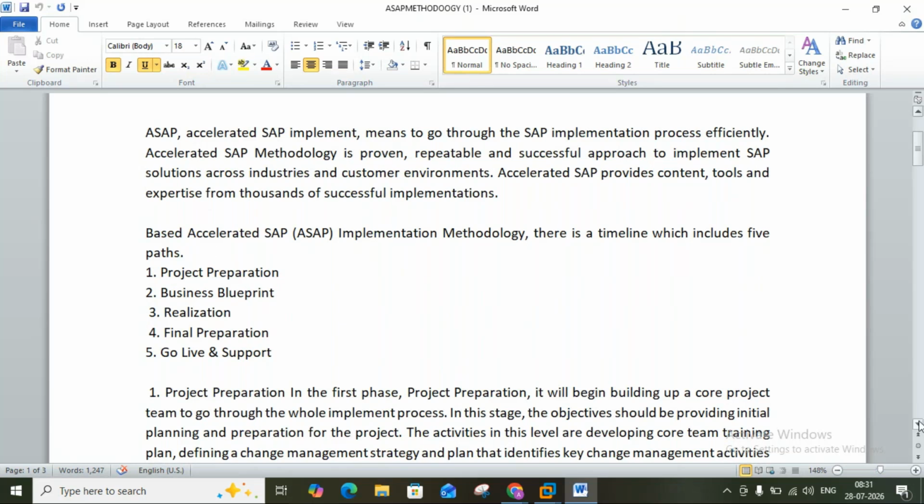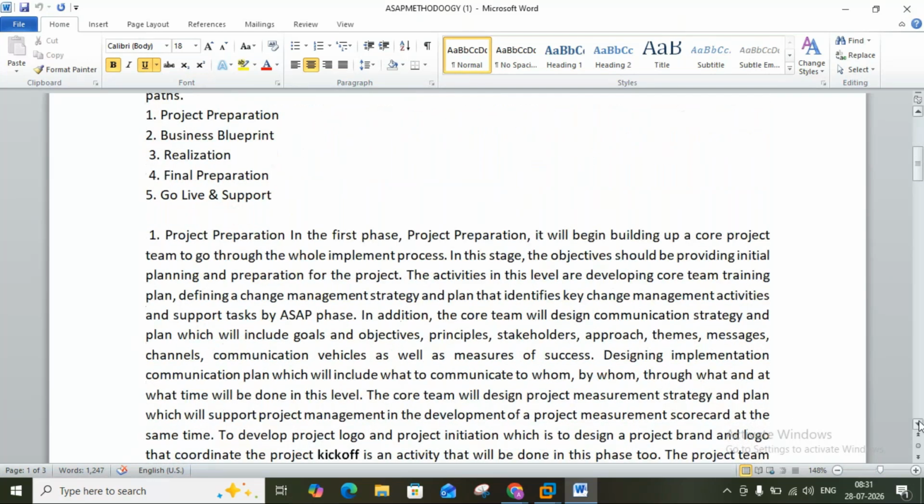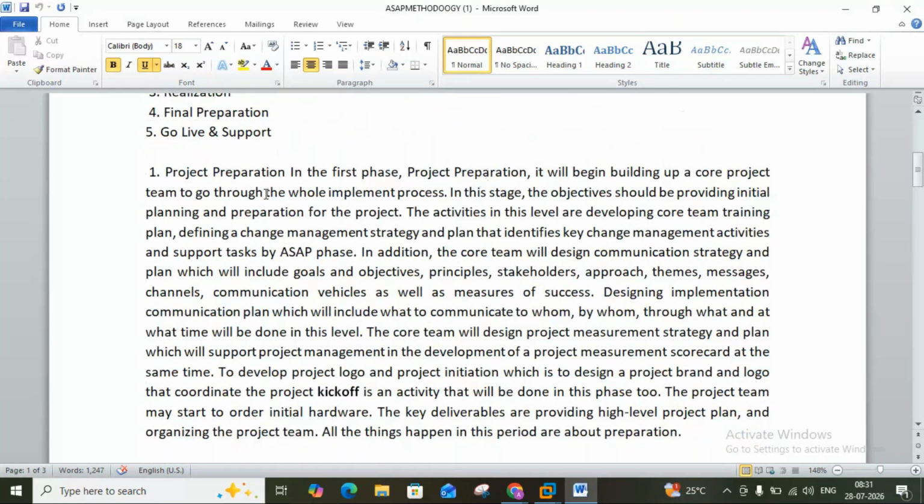First is project preparation. In the first phase, project preparation, it will begin building up a core project team to go through the whole implementation project. In this stage, the objective is providing initial planning and preparation for the project. The activities in this level are developing the core team training plan, defining the change management strategy, and a plan that identifies key change management activities and support tasks by SAP phase. In addition, the core team will design a communication strategy and